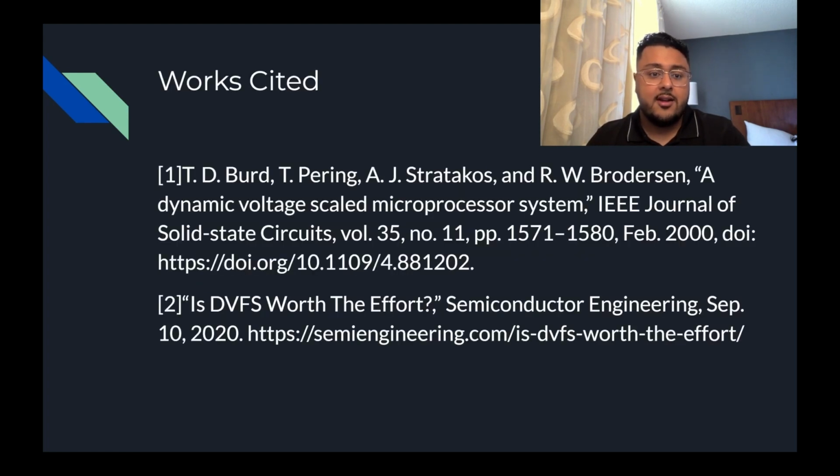Here are my works cited in IEEE format. The first citation is going to be the paper that was on Canvas that we went over. And the second one is the comparison article that I had found that talks about the continuation of DVS into DVFS, what it is, what the problems with it are, and if it's still good or if